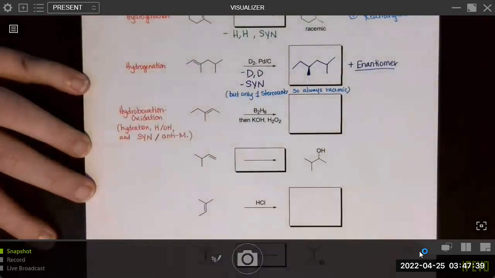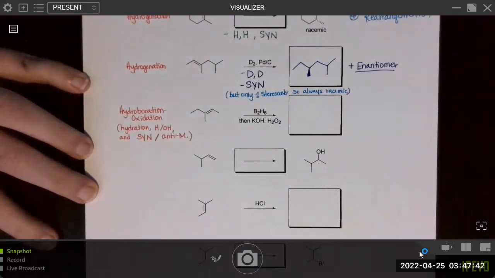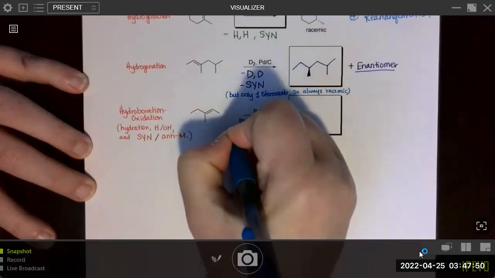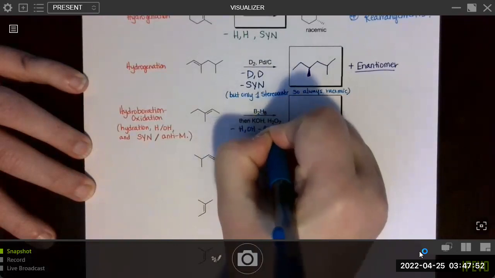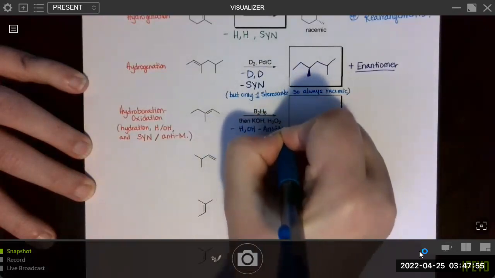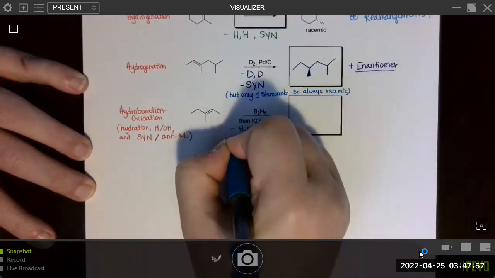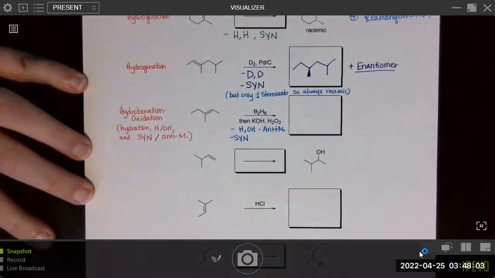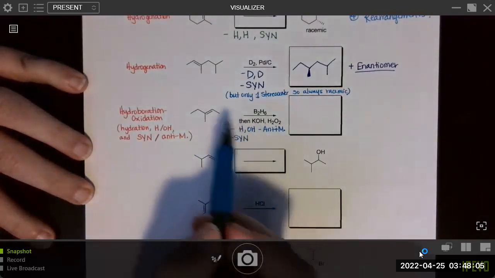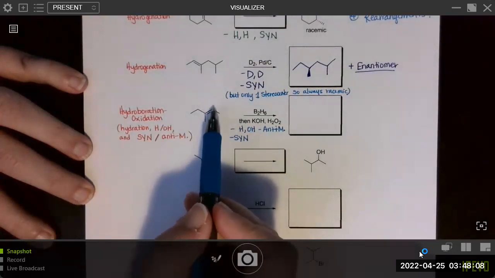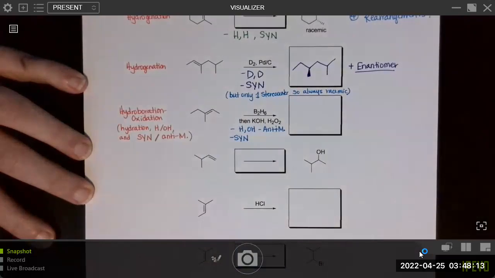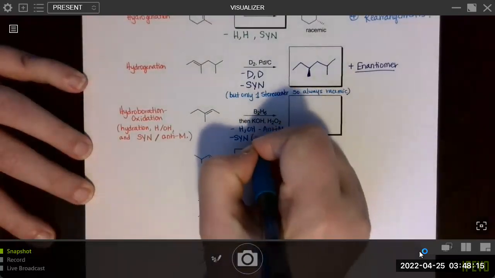Okay. So what are we adding across the double bond? We are adding H and OH. Remember, it is going anti-Markovnikov, and potentially syn selective, although let's look and see how many stereocenters are being formed. If it's going anti-Markovnikov, the OH will end up on the less substituted carbon. So this will become a chiral center and this will become a chiral center. So we are actually forming two stereocenters.